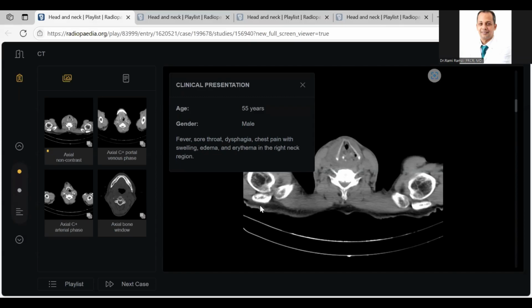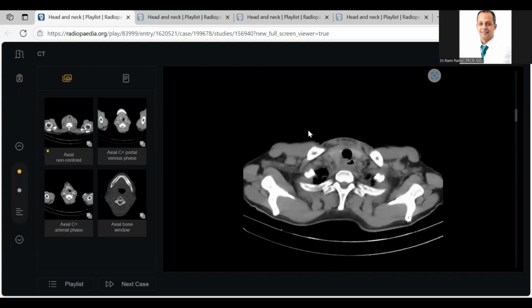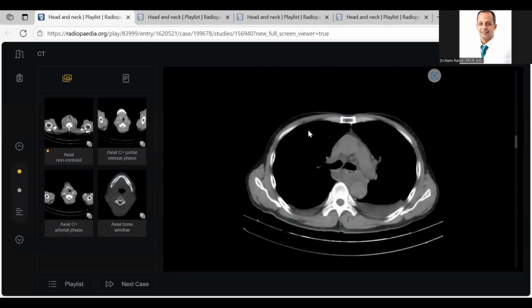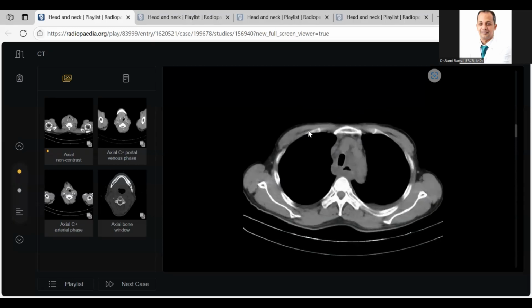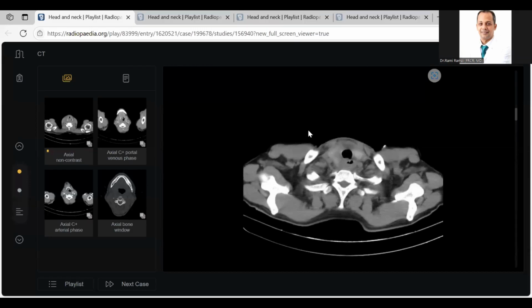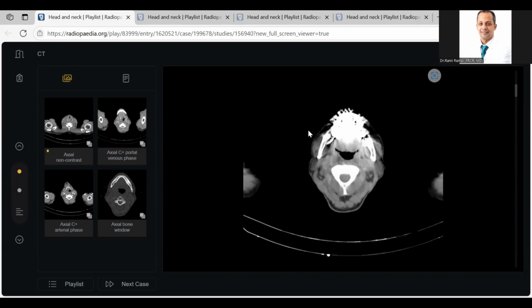55-year-old male patient. Fever, sore throat, dysphagia, chest pain. These are non-enhanced axial CT sections of the neck and upper chest. 55-year-old male with a history of sore throat, fever, and chest pain. Can you please scroll again? In the neck region,